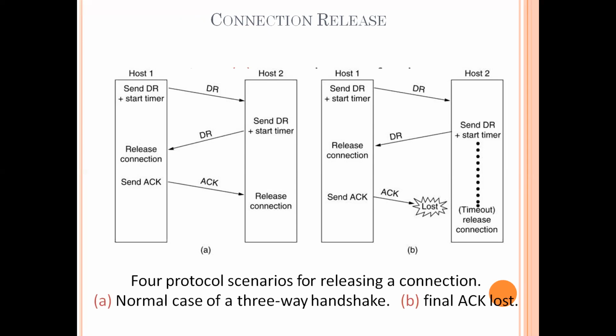In this figure, it is also called the four-way handshaking of connection termination. The figure indicates the four protocol scenarios for releasing a connection. The first case is the normal case of three-way handshaking, and the next is final acknowledgement lost. In the connection release, in the first example, host 1 sends the data release to host 2